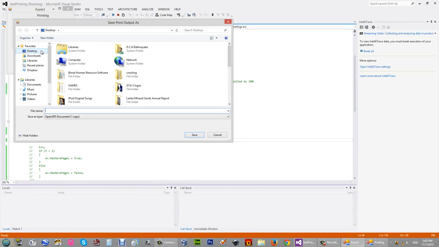If you choose a hardware printer as your default printer, then it will directly give the output to paper. But here in my room I currently don't have a printer, so as a solution I'm using this XPS document printer.